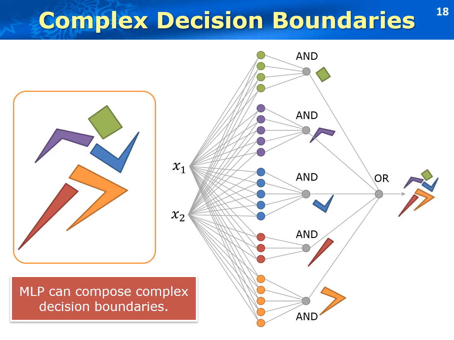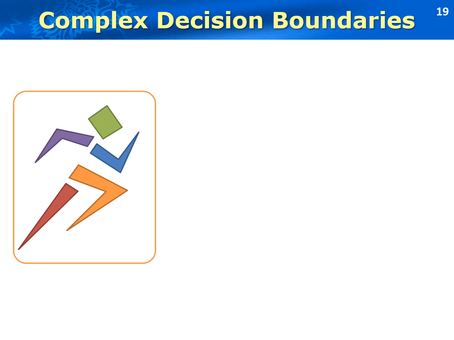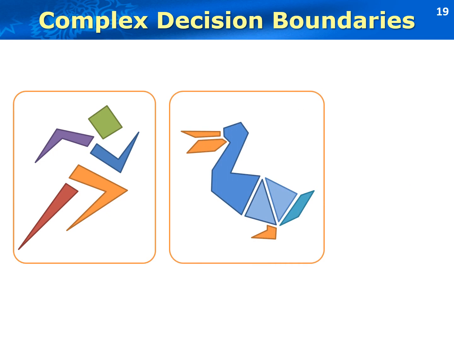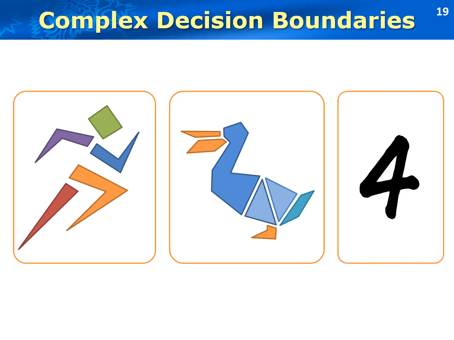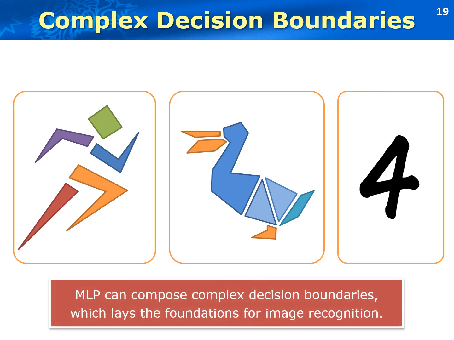In this way, the multi-layer perceptron can help recognize an athlete image. Interestingly, apart from an athlete image, applying similar ideas in a fine-grained fashion, multi-layer perceptrons can also recognize other complicated images, such as animals, digital letters, and handwritten numbers. In our lab sessions, we will see a real application of the multi-layer perceptron for digital number recognition.